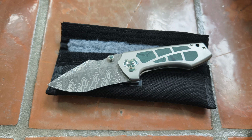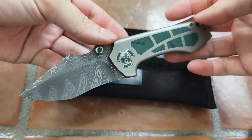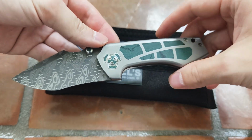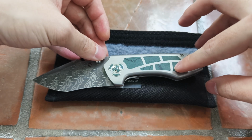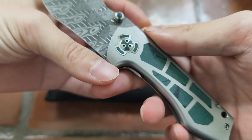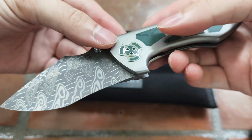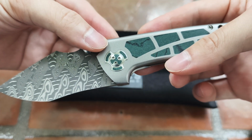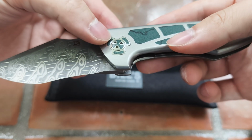Where shall we start? This build, I thought, is such an amazing looking build, and obviously the showpiece is on the frame and on the pivot, where he uses green. I'm not sure what material this is. Maybe it's green carbon fiber, but